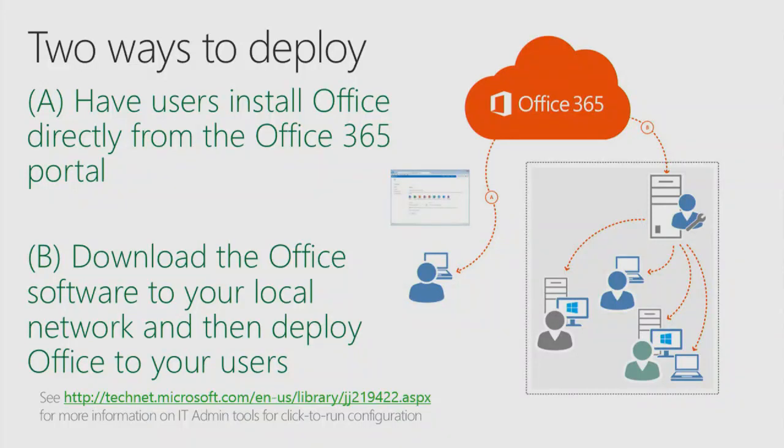Or you can control, and this is what a lot of our larger organizations do, they control it by actually downloading the bits to local network storage and then controlling exactly how that gets deployed out to their end users. And that sometimes is a crazy thought when you think, okay, Office 365 is the cloud, so how can I deploy it from my on-premises network shares? It's because it's still bits. You still have Office. It's simply a new way of delivering Office.